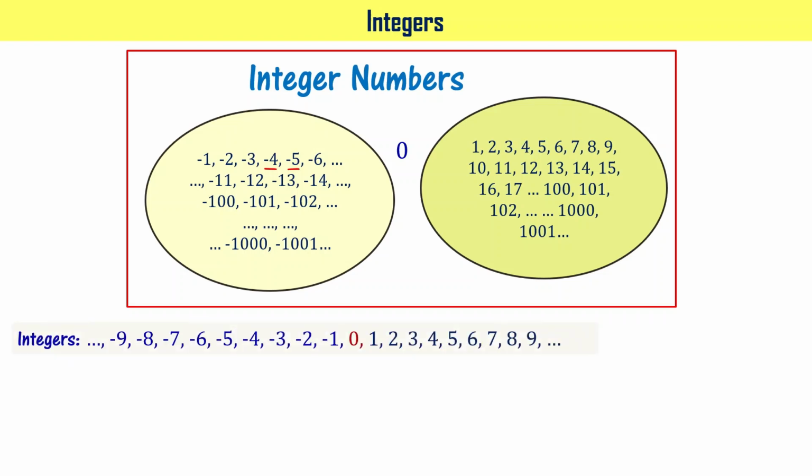So one can write the integers as shown here. I can start from 0 and read 0, 1, 2, 3, 4, 5, 6, 7, 8, 9, and so on. On the other side, -1, -2, -3, -4, -5, -6, and so on. So there is no limit on both sides. It can go to numbers like -10,000, -20,000, -billion. On this side, it can be +10,000, +20,000, or even billion, right?